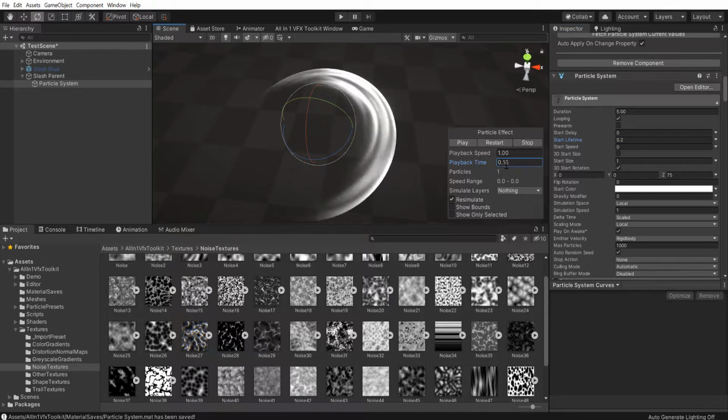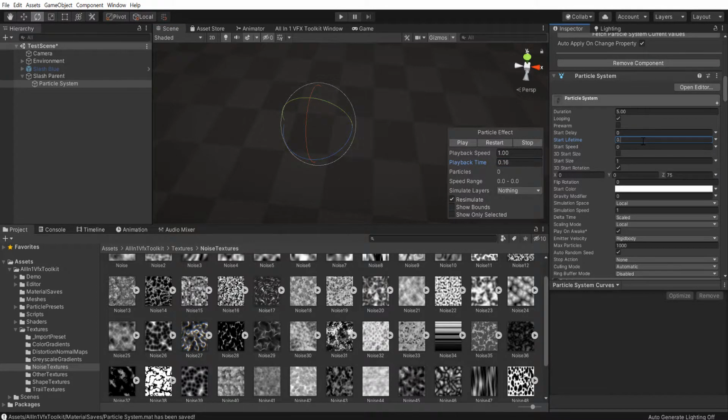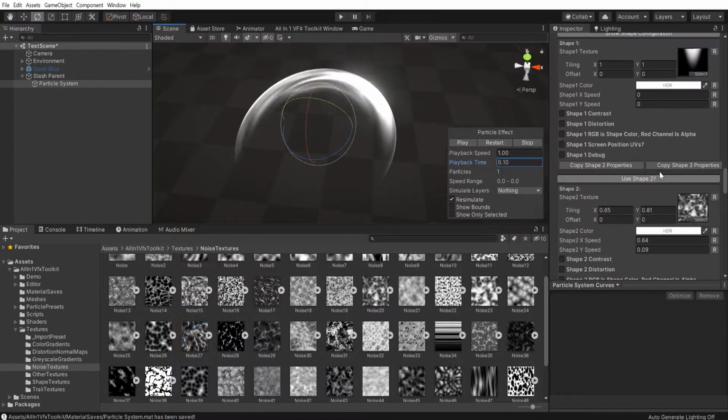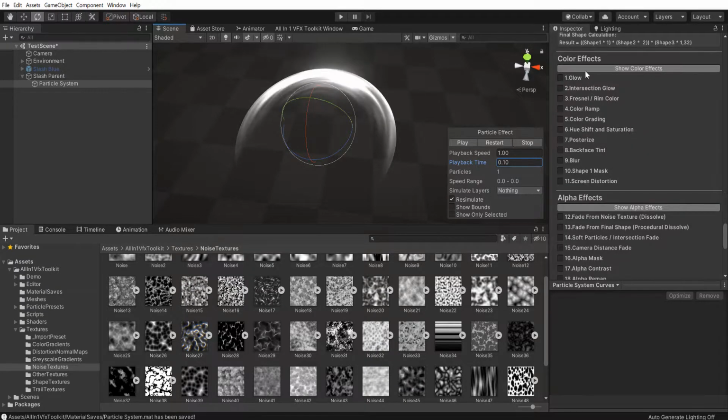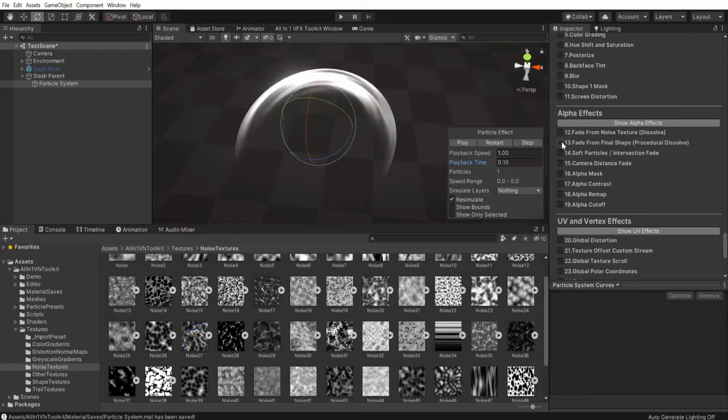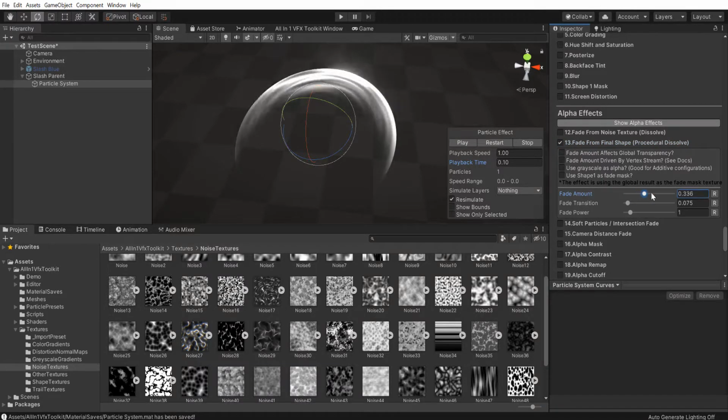So it's like 0:16. So we'll come here, 0:16, and now it does the slash. Maybe we can make it a tiny bit longer. Okay, this is cool. And now what we may want is for this slash to get faded when it's going across. So we can very easily do this if we come here, alpha effects, procedural dissolve, and this will,